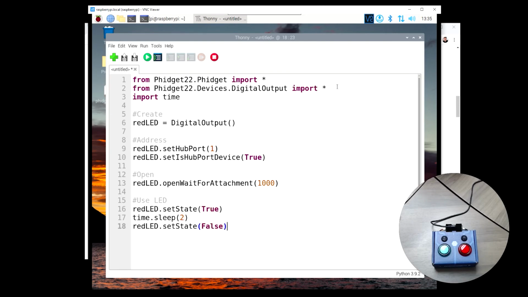So essentially we have imported our Python libraries. We have created a digital output object so we can use the LED. We've set the hub port, we've addressed it, we've opened it, and then we can now just use it. So we're just going to turn the LED on, wait, and then turn the LED off. So we'll run this,